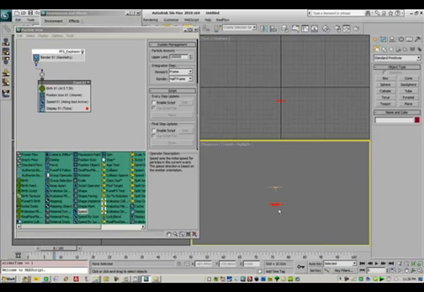So the thing is that right now our particles are shooting down because that's where this arrow is